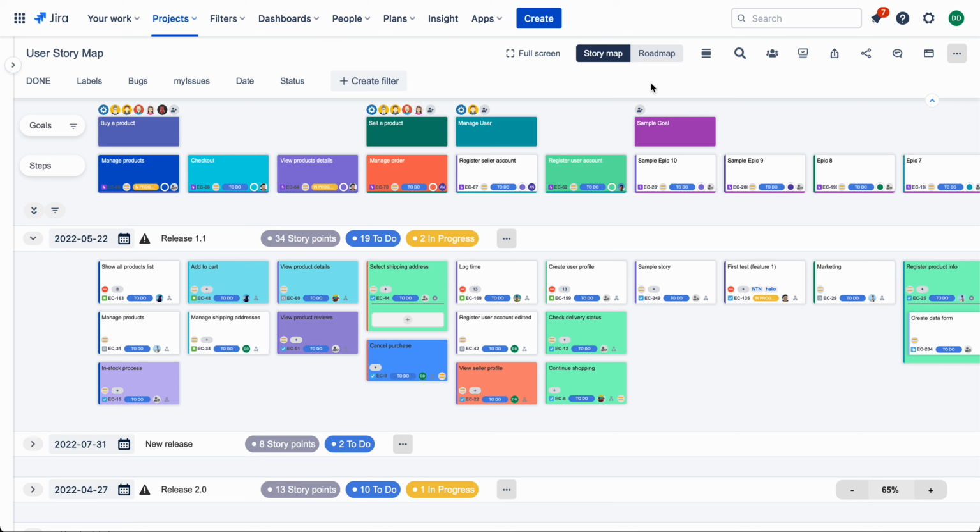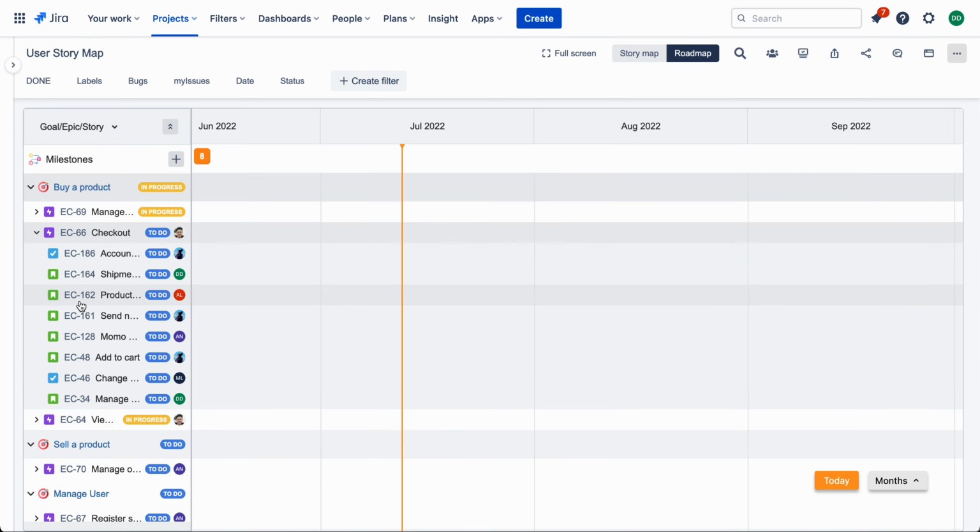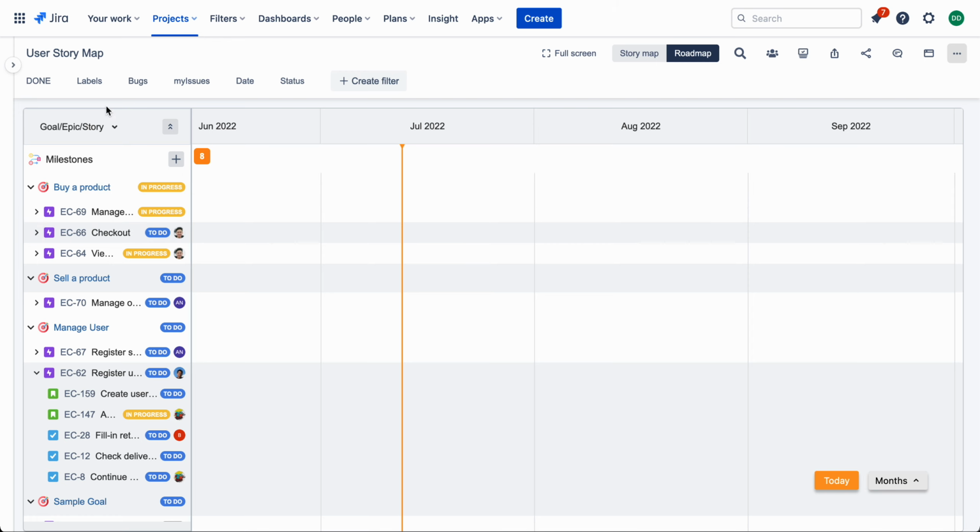And also use a roadmapping feature. To access the roadmap, just click on the roadmap button on the toolbar, and here is the roadmap view. You can see the roadmap in the release hierarchy, or in the Goal, Epic, Story hierarchy. And in case your team is in sprint swimlane mode, you can use the sprint hierarchy instead of